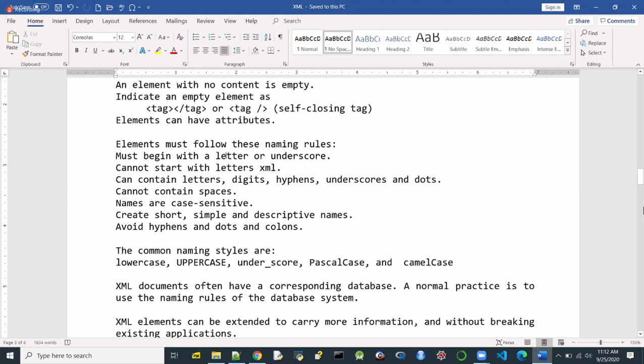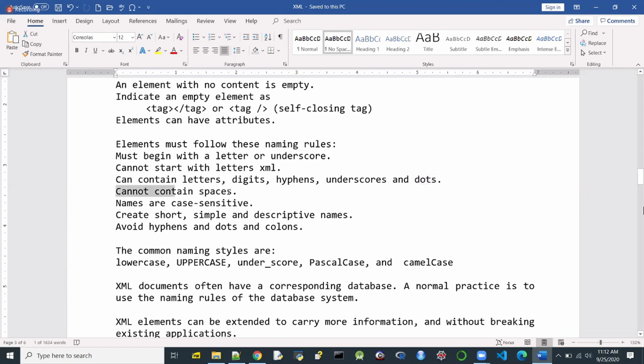And then once it begins with a letter, the subsequent characters can be any number of letters. You can use the digits, you can use the hyphens, you can use the underscores, even you can use the dots. Though I suggest that you should avoid hyphens and dots because hyphens are used for subtraction. So if I say A hyphen B, sometimes some processing tools may misunderstand that you are subtracting B from A. And the dots we normally use for attribute references. We say object name dot some method name or property name. So some other software like JavaScript may misunderstand this dot notation. So it is better to stay away from hyphens and dots.